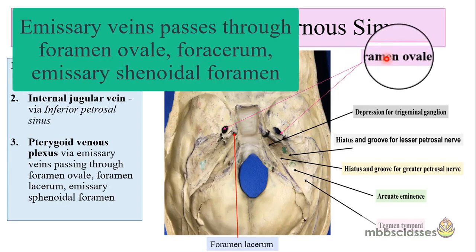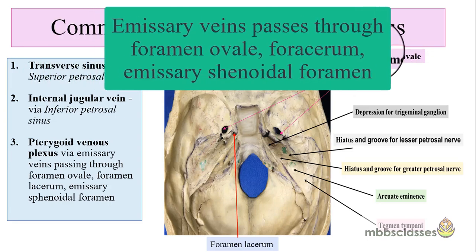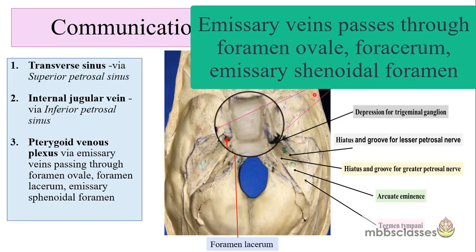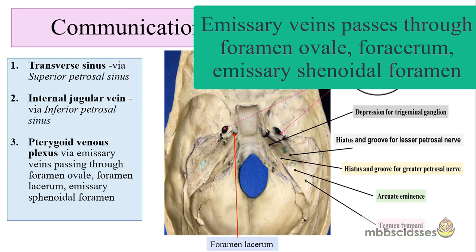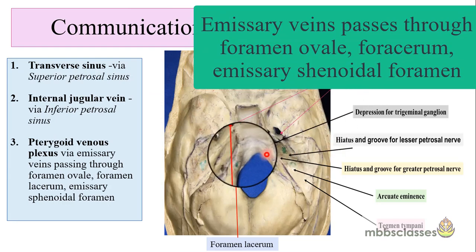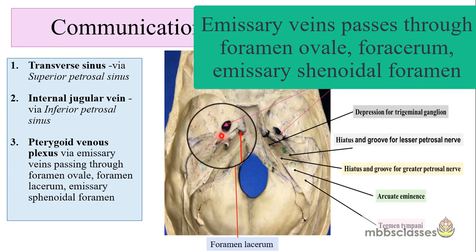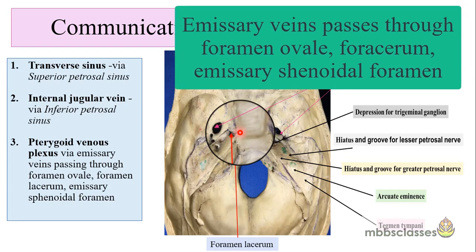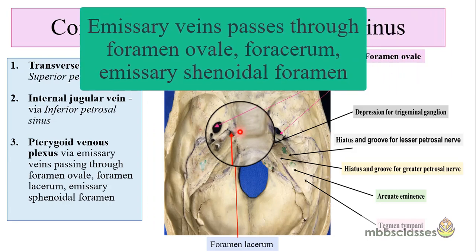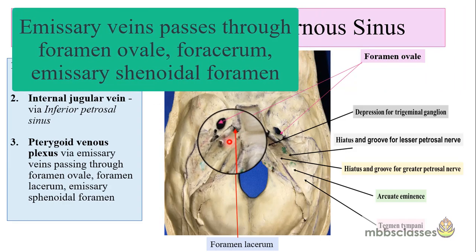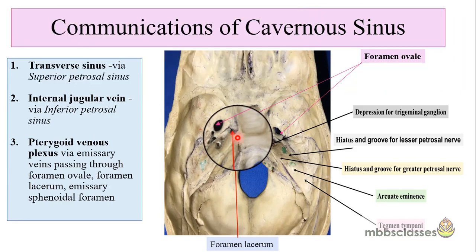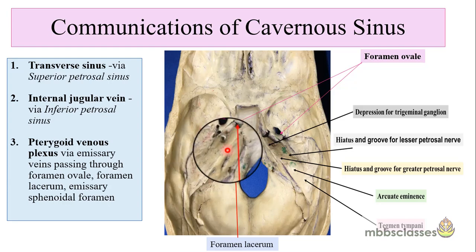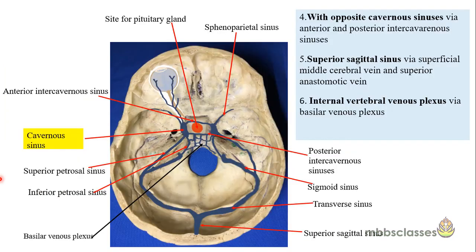Then, of anatomical importance in relation to the cavernous sinus is the foramen ovale. If you see here, these are the two foramen ovales, which are located just in front of the foramen spinosum. This is the foramen spinosum. This is the foramen ovale. Then posteromedial to the foramen ovale lies the foramen lacerum here. And this foramen lacerum, you can say, lies in a gap between the petrous temporal bone and the sphenoid bone.